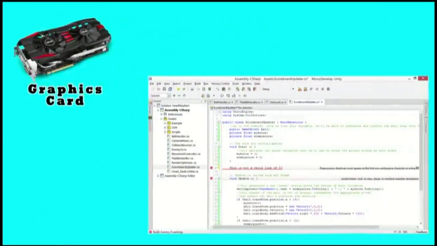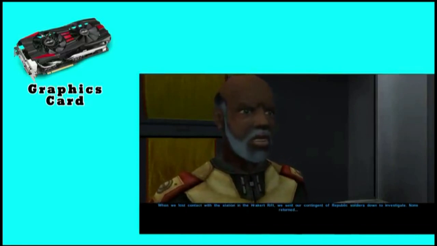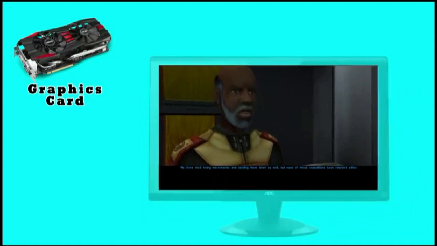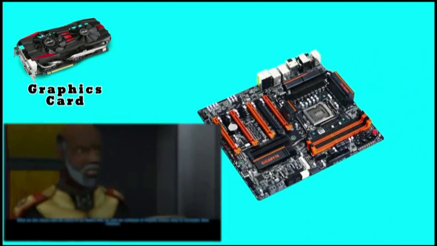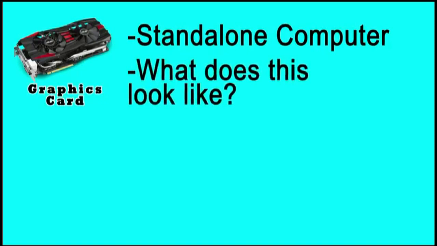Now come to the last complex part, and that is graphics card. It is responsible for showing high quality output on the monitor. It is a supportive card, can be attached to the AGP slot of our motherboard, and by this we can get high definition images with sharp color combinations. Graphics card is a standalone computer itself. It takes images from the motherboard, converts them into high resolution and shows them on the monitor.